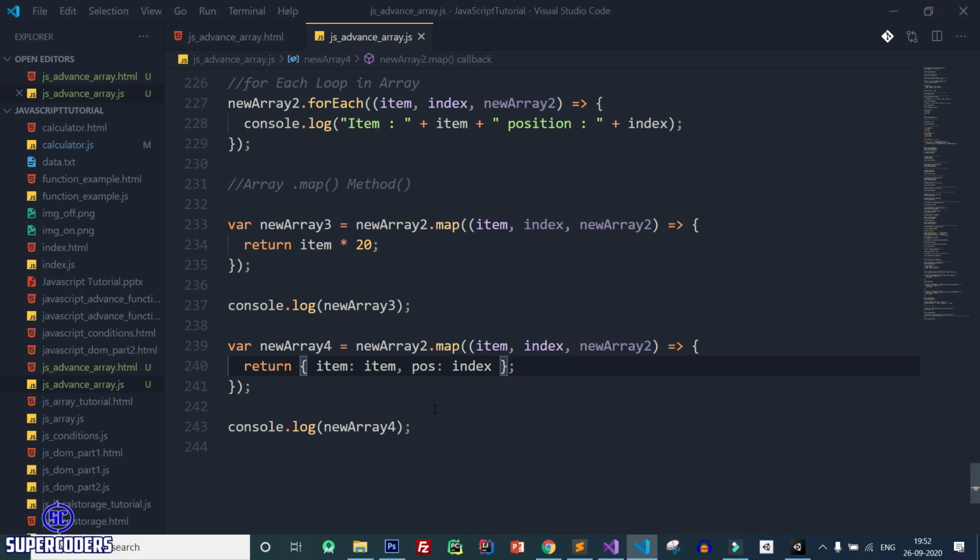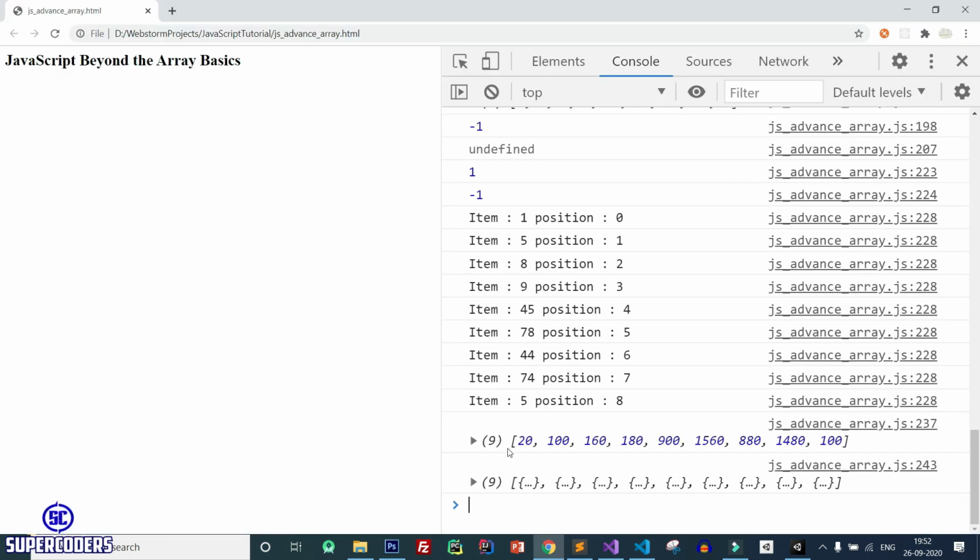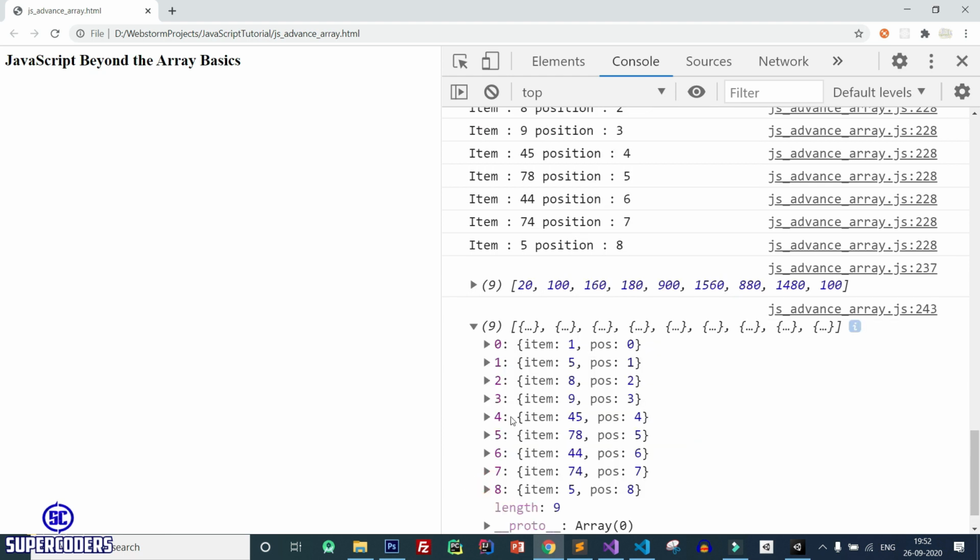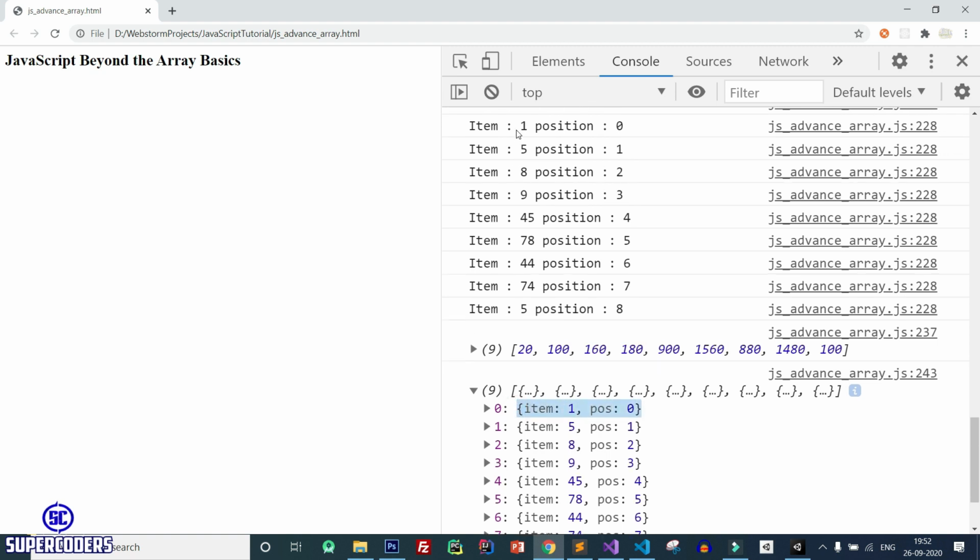Again back to Chrome, refresh page, and here if you see, first it only multiplied the number, but in the second way I created an array with objects. You can see item 1 position 0, item 5 position 1.